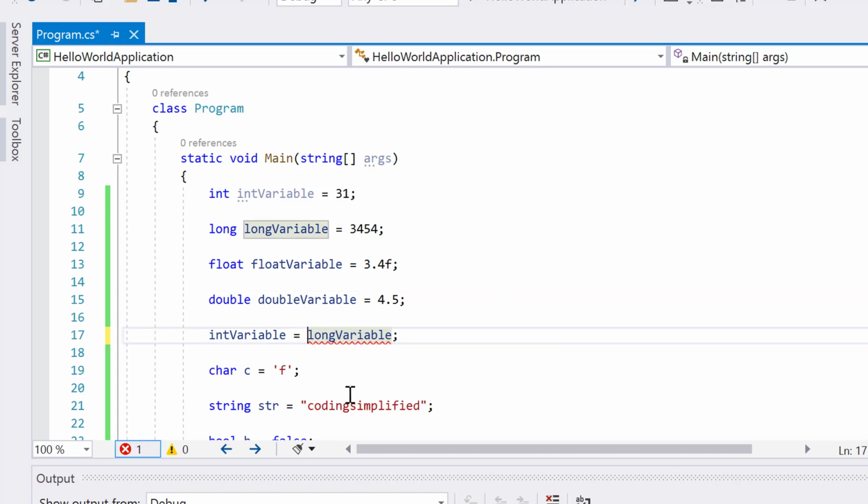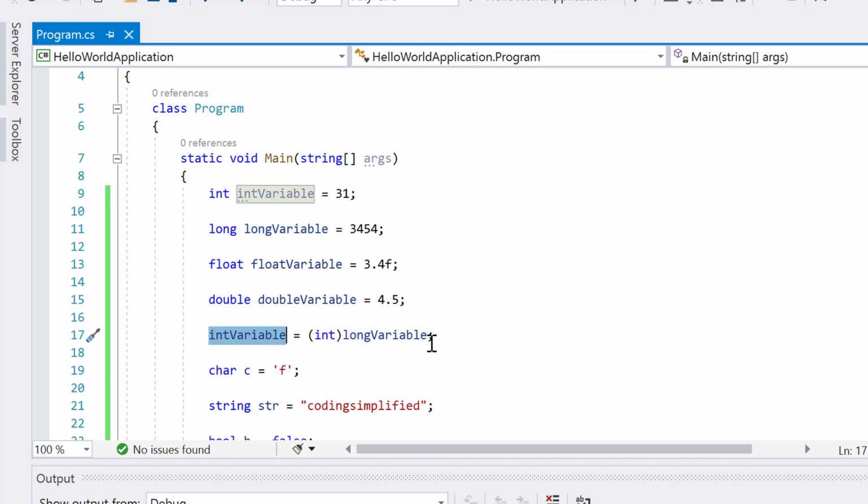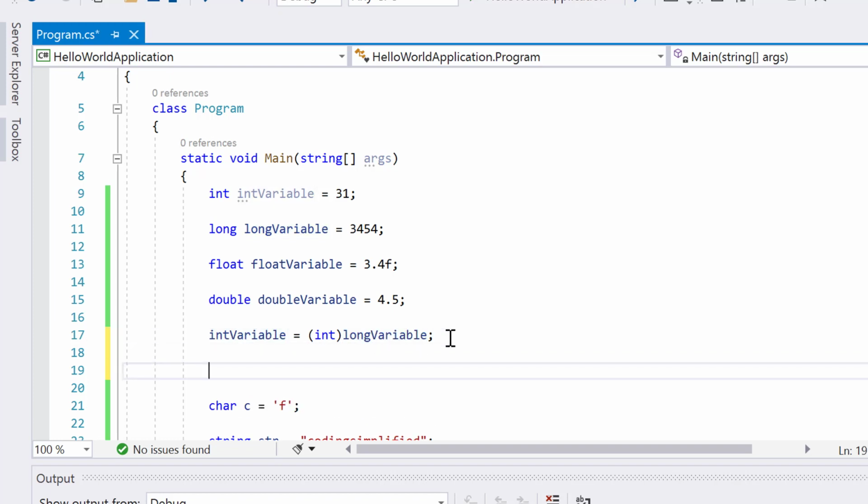So for that we have to do explicit typecast. So this is kind of typecasting. Explicit typecasting, you are explicitly telling that hey, this is a long variable, but now I'm converting it to int. So what will happen, it will internally convert it to int, and then it will basically define it to integer variable, right? Similarly, we can also do for float as well.